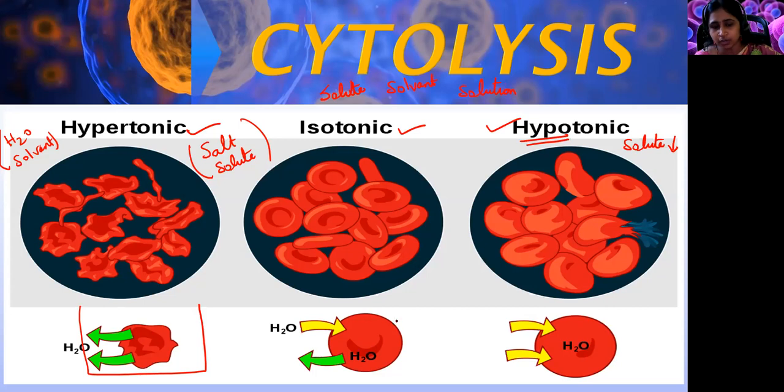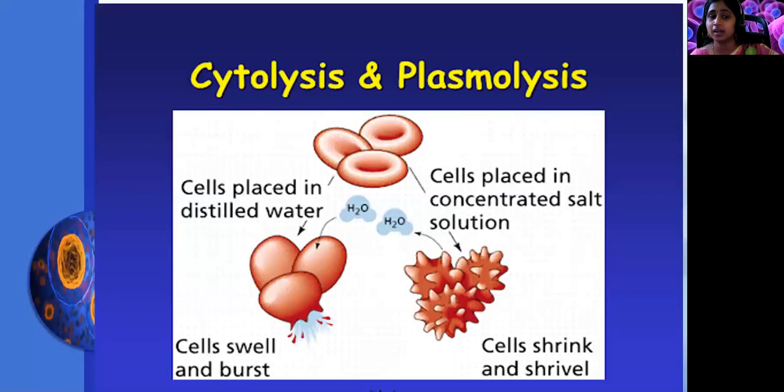In the isotonic medium, the entry and exit of water is more or less in equilibrium condition, so the cell looks the same. There is no increase or decrease in the size of the cell. In the hypotonic medium, water is entering into the cell. Why is this happening? The solute concentration is less and the water concentration is more. So the water from outside moves into the cell and makes the cell swell up. This condition you call a hypotonic medium, and we will see how the cell looks.